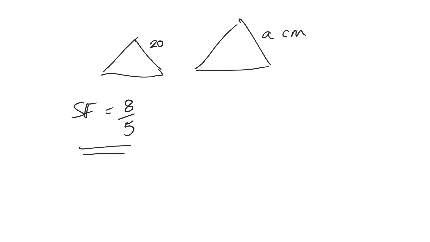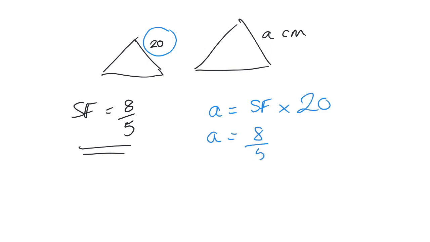So like I'd said before, we'd still take A as the scale factor times the corresponding side. This time it's 20. Now when we've got a complex set of fractions like that, it's 8 over 5 times 20. We can have a look at it and think of that 20 as 20 over 1. And I mentioned that to you before. And what you can do from our fraction work we've done earlier in the year, we can take the 5 divides by 5, the 20 divides by 5, and therefore what we end up with is 8 times 4 on the top, which is 32. 1 times 1 is 1, and therefore